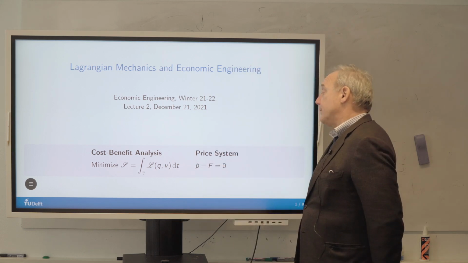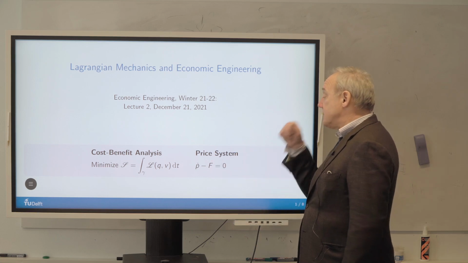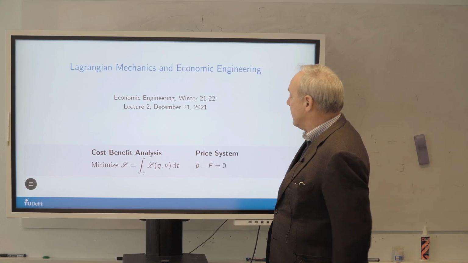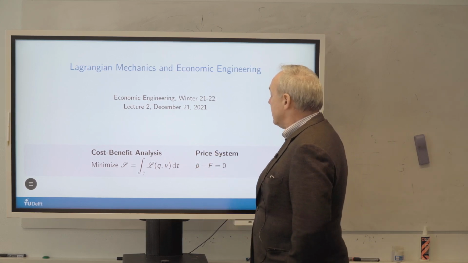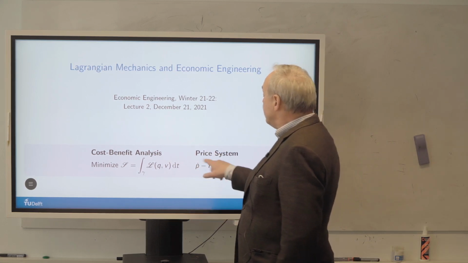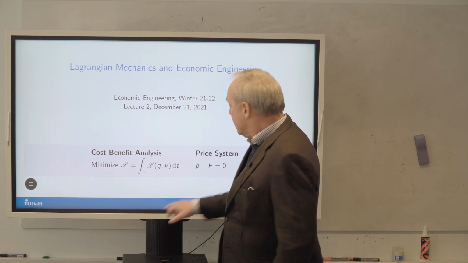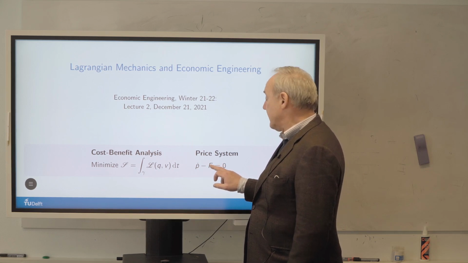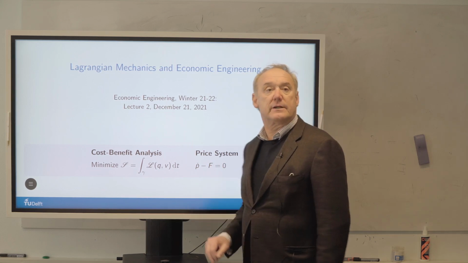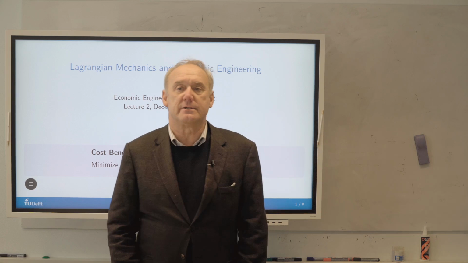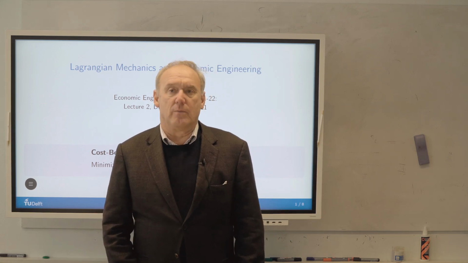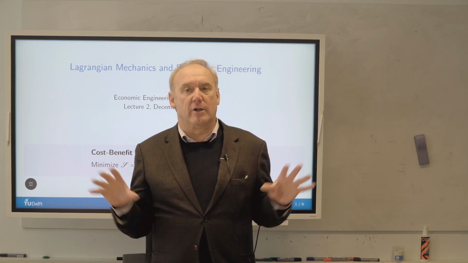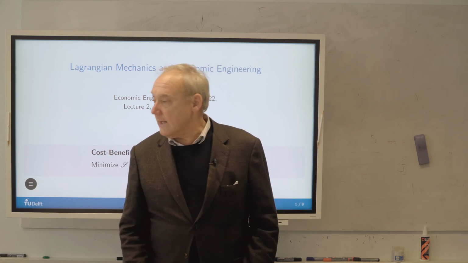And for us, for economists, often a price system is not something dynamic. There won't be this dot here that implies a time derivative. For us, we have a dynamic price system. So we can control how the prices move when we get a handle on the forces here, the economic forces, the desires. All right? So with that general result in place and those general pieces of terminology, what I want to do is